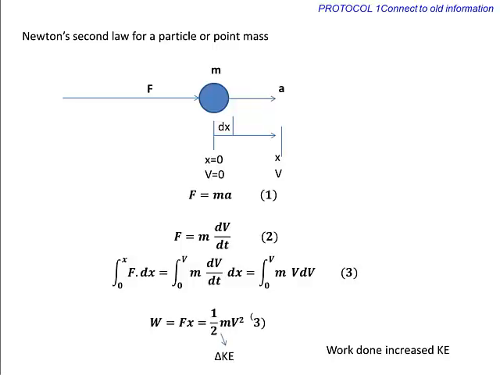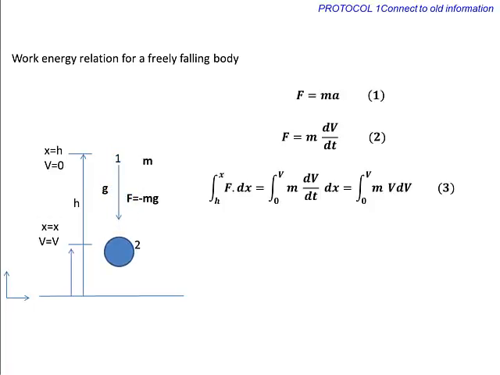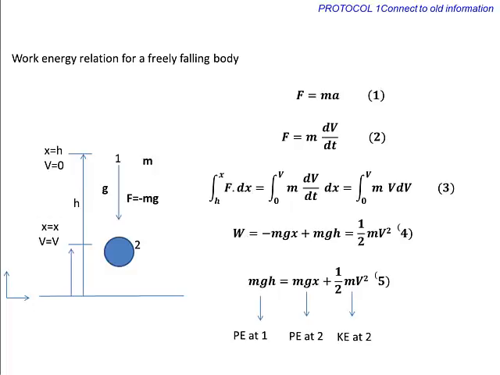A similar work energy analysis of a freely falling body reveals that mechanical energy is conserved when a particle is moving under a conservative force field like gravity. For example, when the body is at a height h, the potential energy is mgh. When it falls to a height x, potential energy decreases and kinetic energy increases, and the sum of these two